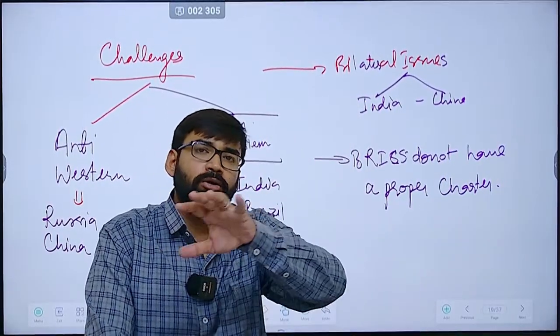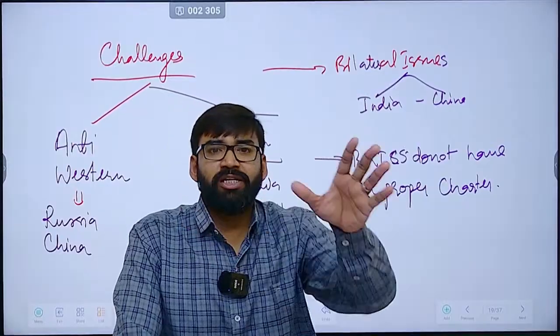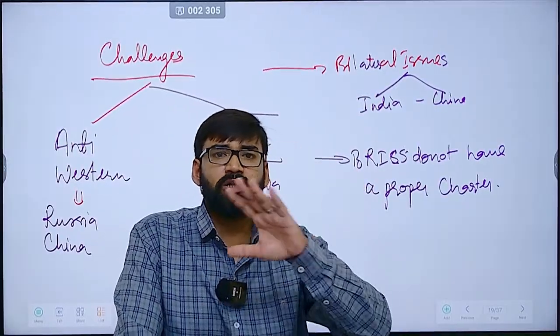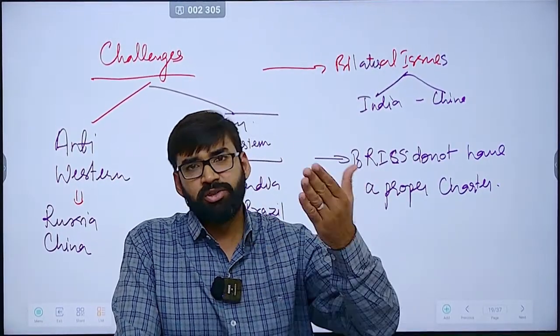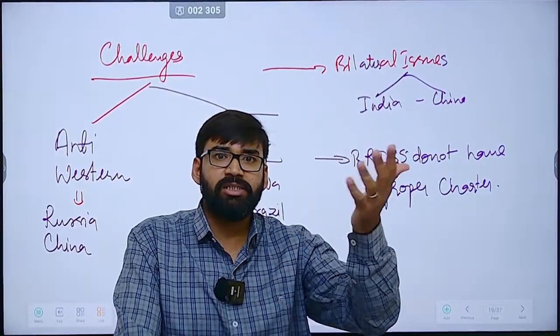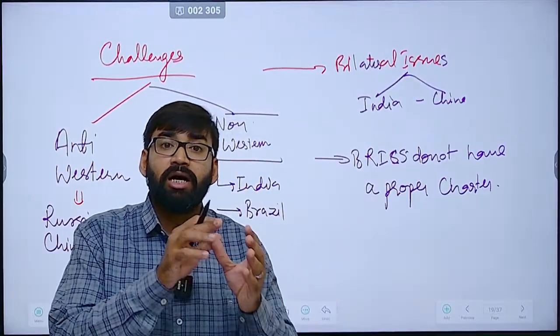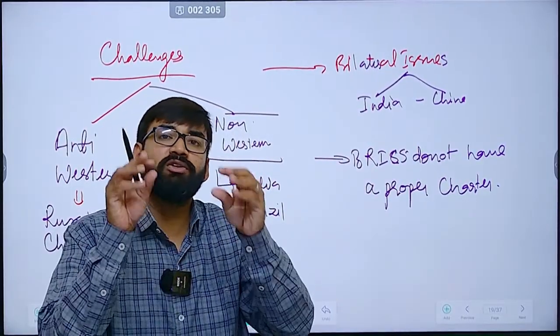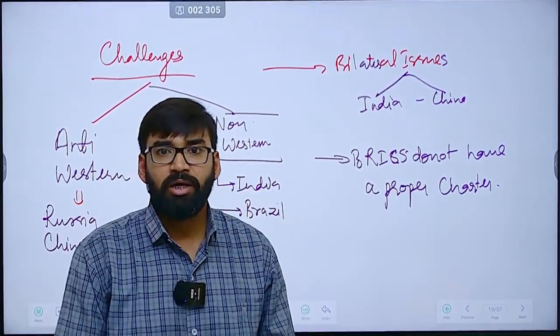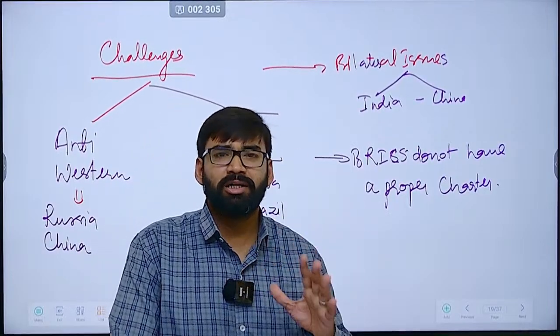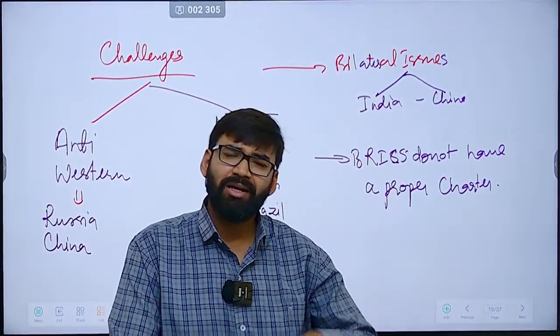Clear? And then economic differences are there. Vast differences in the economic structures. Exchange rate policies are different, currency stability is different. Clear? So it creates a hurdle while establishing a unified BRICS currency. Clear? So it is difficult in the near term that a BRICS currency will come, and at last you can give